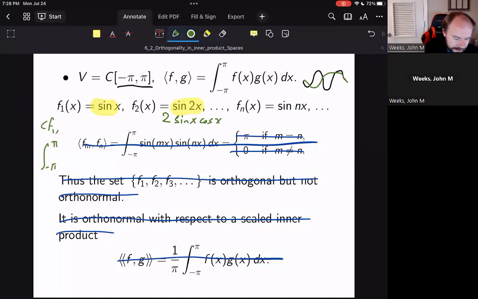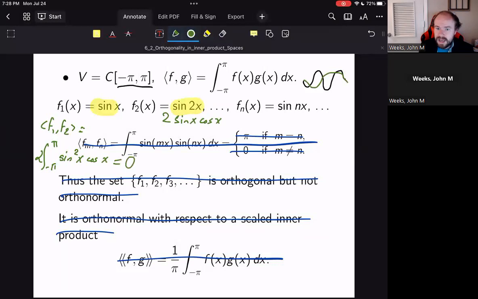f1 comma f2. I can write this as 2 times sine squared of x cosine of x. There's a u substitution to be done here. U equals sine of x, so du is cosine of x, and that divides away. And I'm left with 1/3 times sine cubed of x going from negative pi to pi. Now, sine is 0 at both negative pi and pi, so sine cubed of x will be 0 at negative pi and pi. This integral should evaluate to be